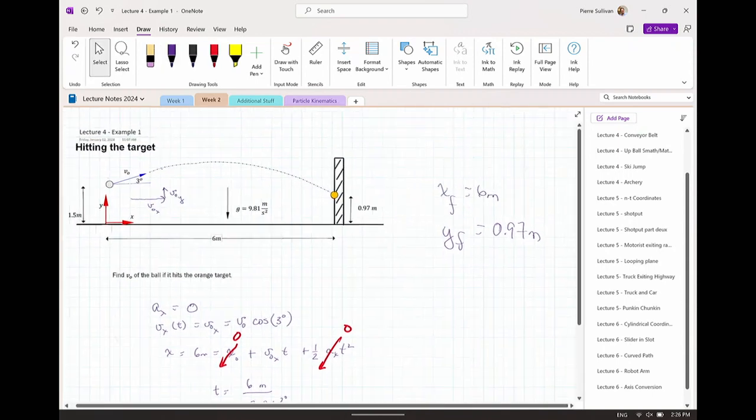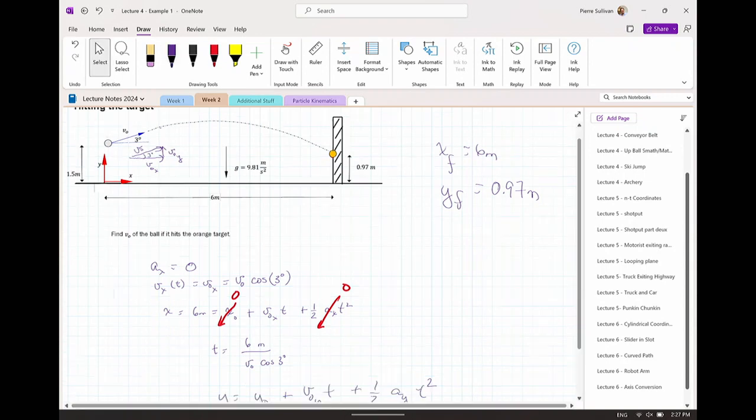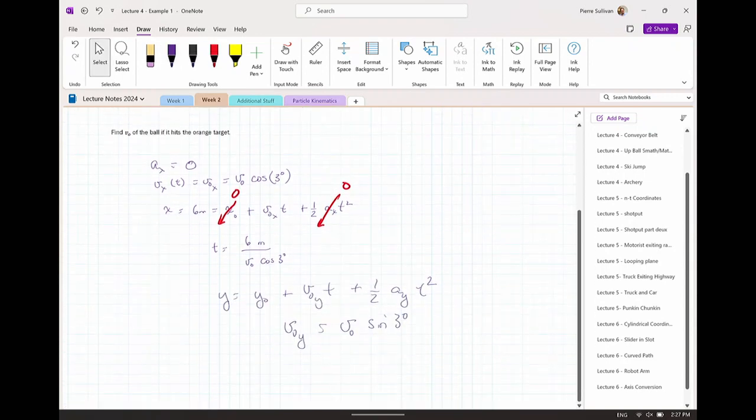And I get that from my triangle over here. So my final position, my initial position,